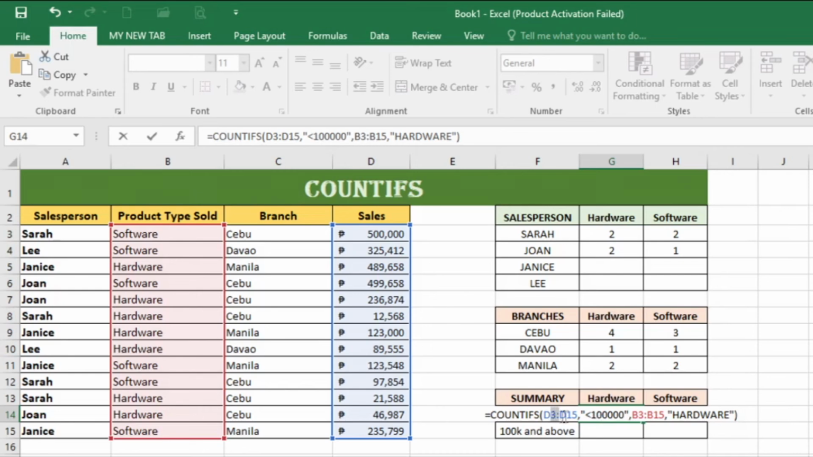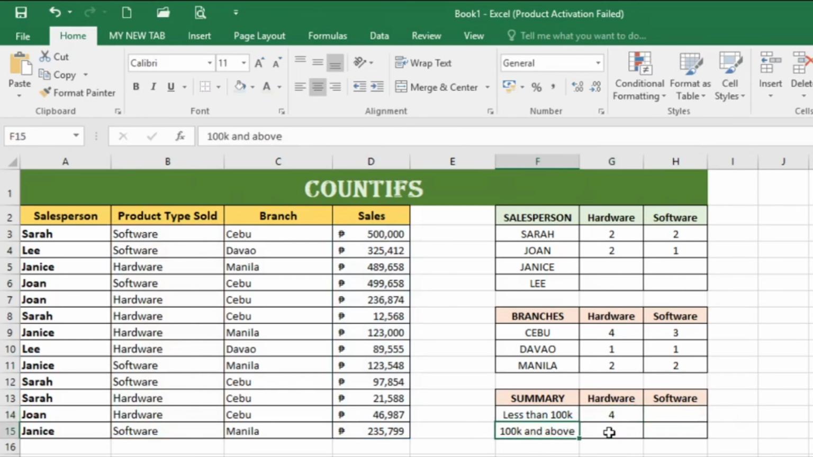So here we have the first range for the sales, and the criteria we're looking for within this range is less than 100,000 enclosed with double quote, comma. Second range is the range for product type sold, and the type of product that we're looking for is hardware. Then hit enter. So there are 4. And for this condition, 100,000 and above, so it's equals COUNTIFS, open parenthesis, criteria range 1,